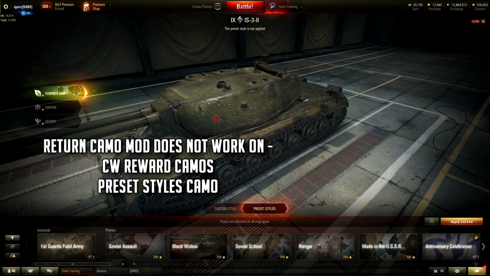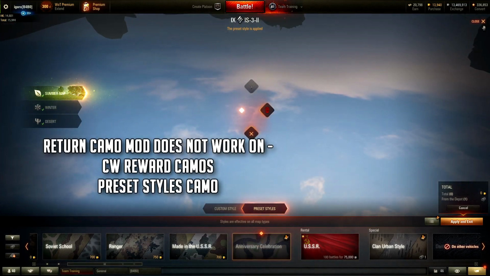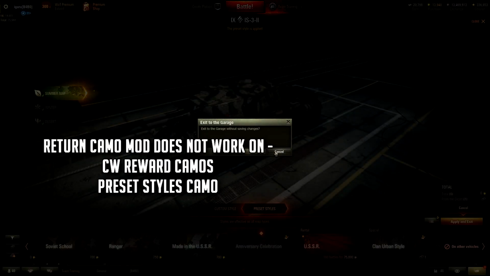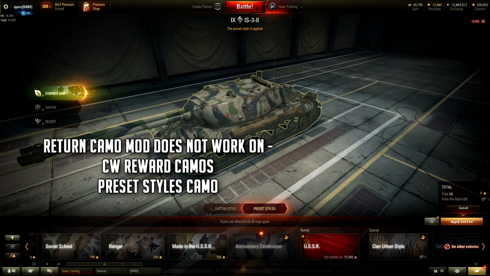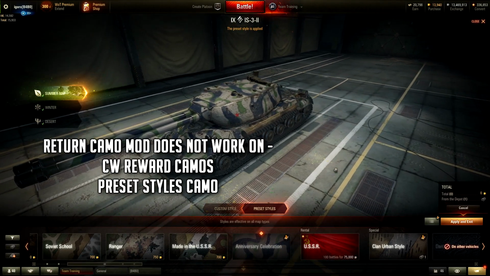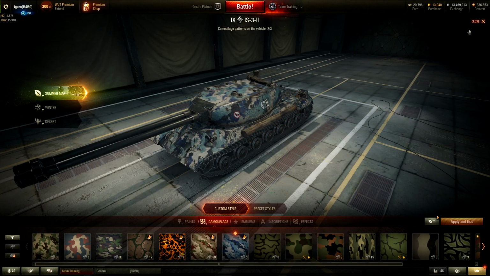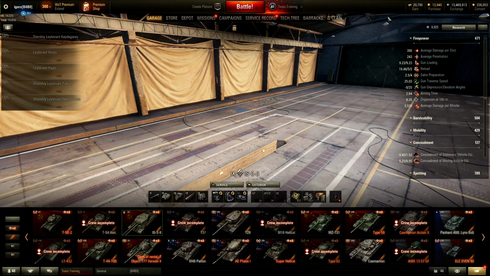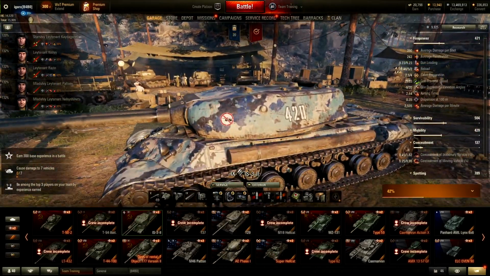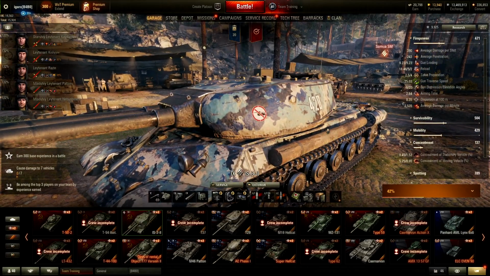So if you're using preset camos on your tanks, for example the anniversary camo, if you use this anniversary camo on this tank and then use it on another tank, it will not remember that. It only works on custom styles, okay, not preset styles. Another thing you need to remember is that this remember camo mod does not work when you are in